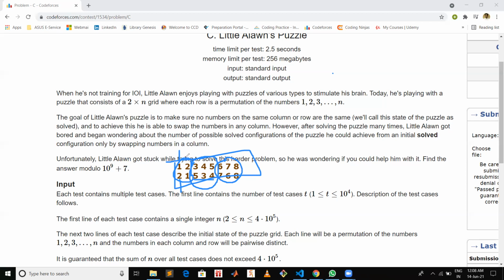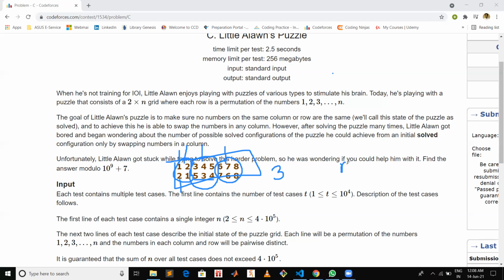In this question you can see the groups are this one and this one, so here you have a total of 3 groups. Once you find the number of groups, you have to find the number of configurations.